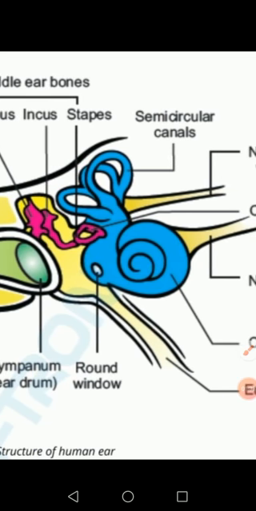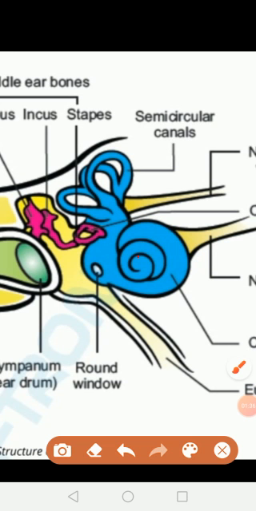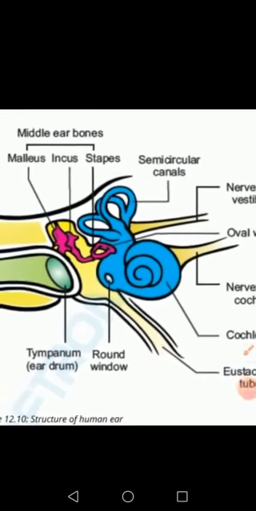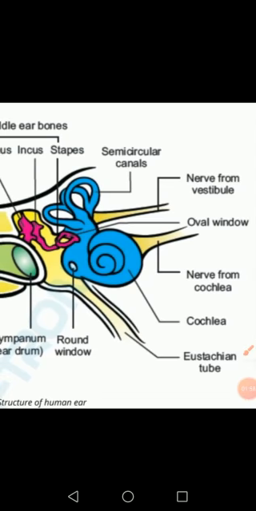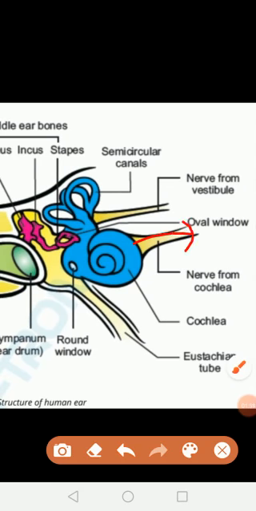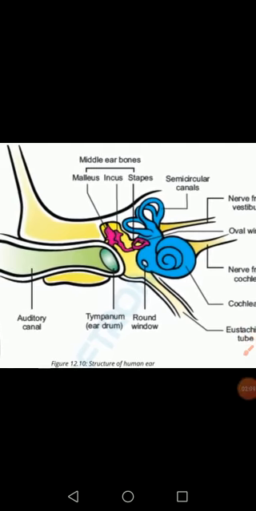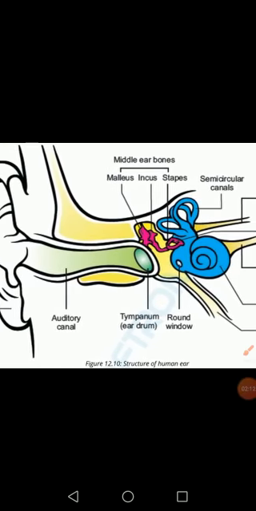cochlea. Inside the cochlea there are sound receptors, and there is also fluid present. The fluid of the cochlea is moved and receptor cells are stimulated inside the cochlea, and these cells generate a nerve impulse which travels to the brain. The nerve impulse is generated and travels to the brain, and then it is interpreted as sound. So that is how the hearing process of the ear works.